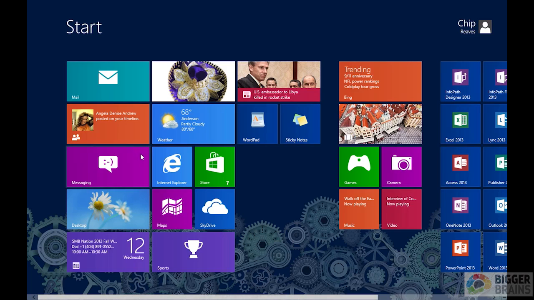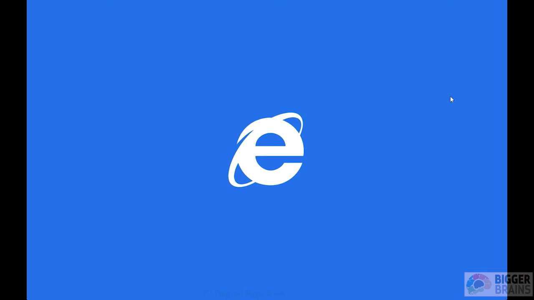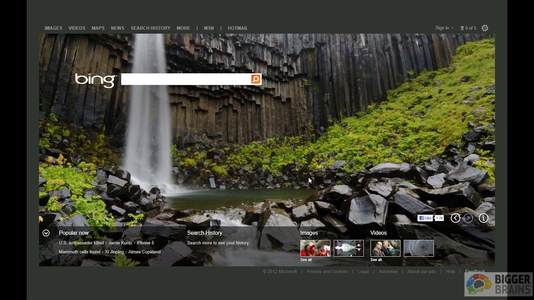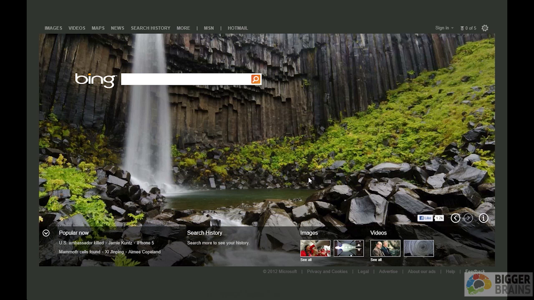If I click on Internet Explorer here, what I get is a web browser that's very much like the traditional Internet Explorer, but it's in a Windows app style. So there's no menus apart from what's on the web page itself. If I wanted to type in a website to go somewhere else, I have to know how to do it. Right-clicking with my mouse on any open spot on the screen,